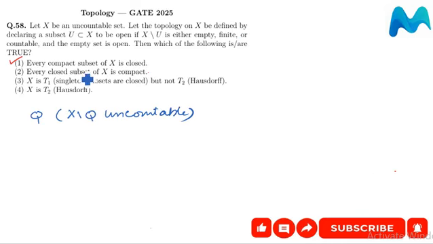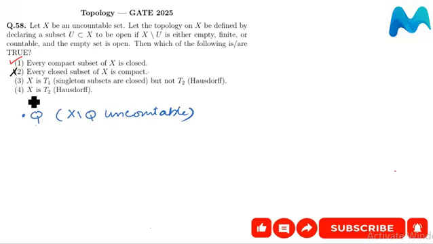So Q is closed in this topology, but Q is not compact. Everyone knows Q will not be compact, because it doesn't have a finite subcover. So option 2 is not correct.